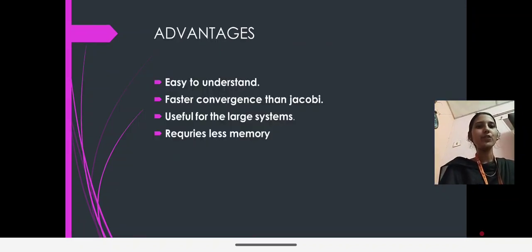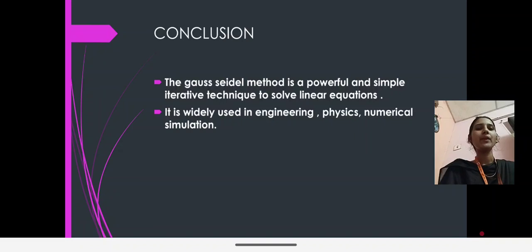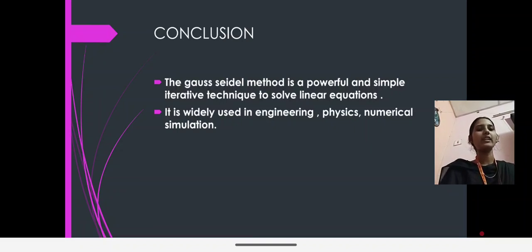Advantages: easy to understand, faster convergence than Jacobi's, useful for large systems, and requires less memory. Limitations: works only if the matrix is diagonally dominant, convergence is not always guaranteed, and it is slow for some systems. In conclusion, the Gauss-Seidel method is a powerful and simple iterative technique to solve linear equations. It is widely used in engineering, physics, and numerical